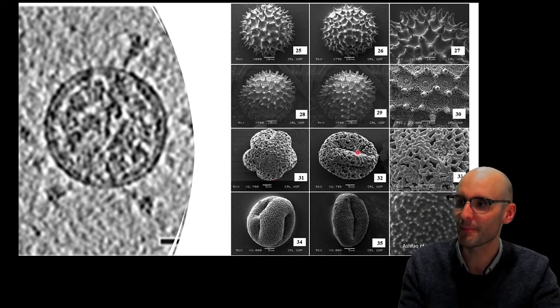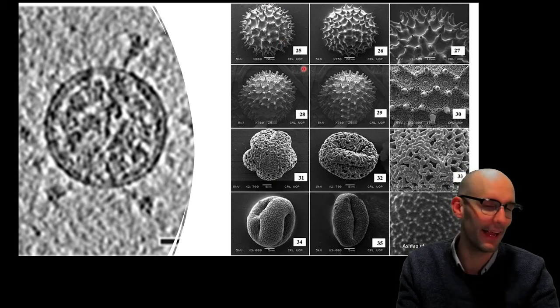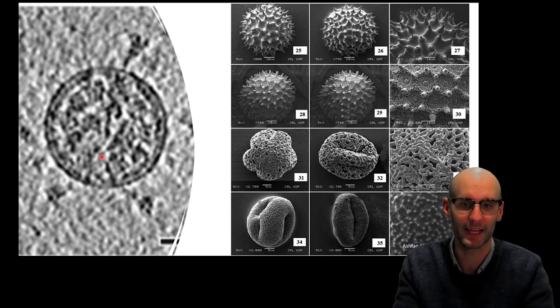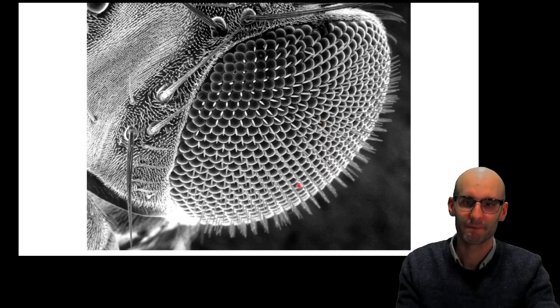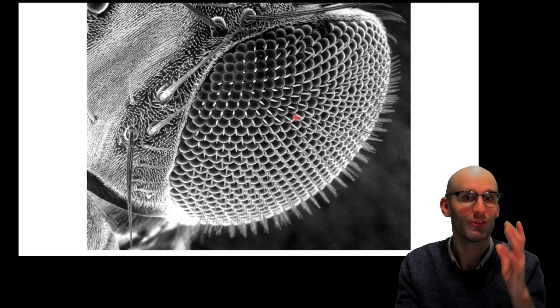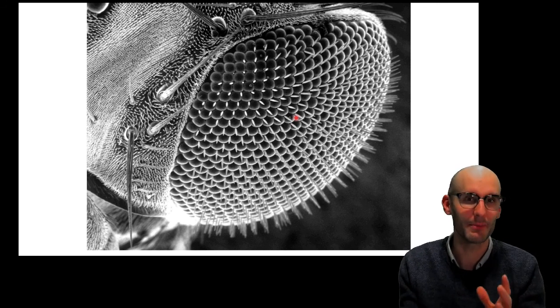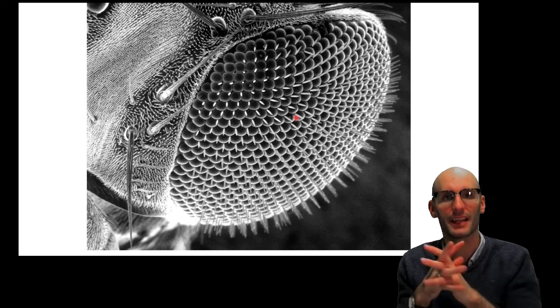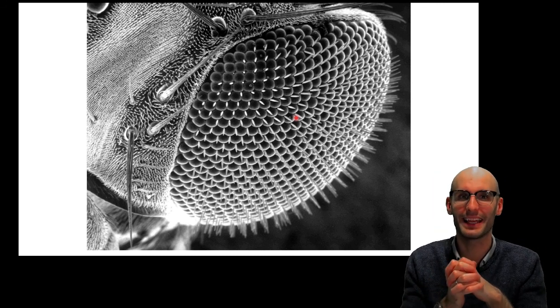So this is just some pollen, and pollen is amazing and has so many peculiar shapes under the electron microscope. So it's a beautiful thing to see. And this is transmission electron microscope, so we can see what the viral particle is blocking out. And here's another beautiful scanning electron microscope image of the eye of a fly. So this is actually, when you think about it, quite a macro image. So you can actually view relatively big things under the electron microscope, particularly the scanning electron microscope. Right, so that's scanning electron